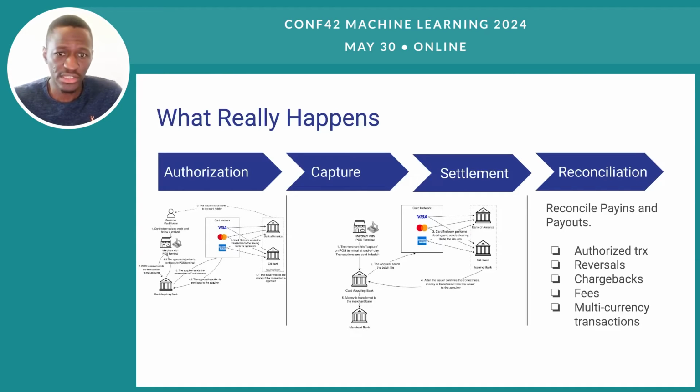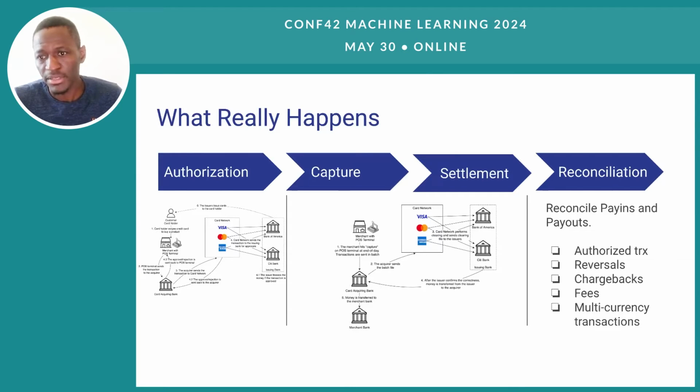So starting with authorization, this is actually the process that was described in the previous slide, where the cardholder initiates the transaction when they want to pay for some goods and services. You tap your card or enter your card details, and then it initiates the authorization request flow. So basically, what's the authorization request flow? We can see from the diagram, the first step in the authorization request flow is that the cardholder swipes their card, taps their card, enters their card details, whatever,